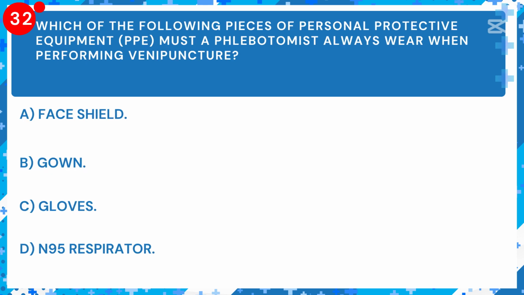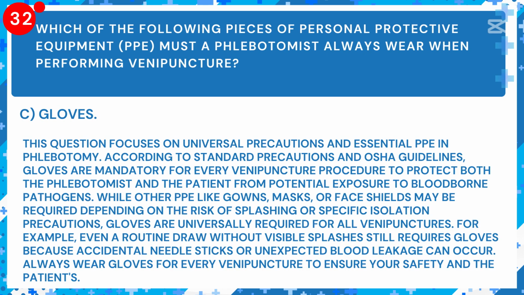Question 32. Which of the following pieces of personal protective equipment, PPE, must a phlebotomist always wear when performing venipuncture? A. Face shield. B. Gown. C. Gloves. D. N95 respirator. Answer: C. Gloves. Explanation: this question focuses on universal precautions and essential